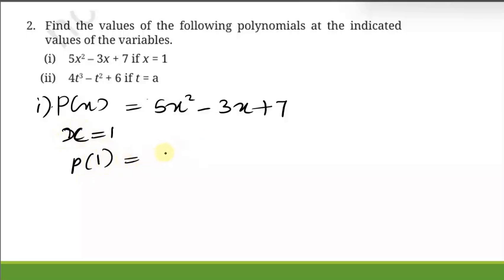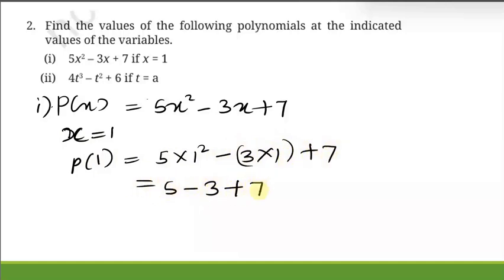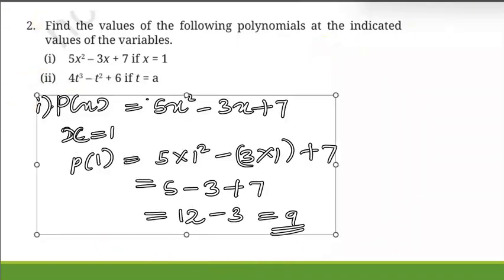P of 1 is equal to 5 into 1 square minus 3 into 1 plus 7. That is 5 minus 3 plus 7, isn't it? So 5 plus 7 is equal to 12. 12 minus 3 gives you 9. So the first value will be 9. Got the idea? Now we will do the second one. What is the value of the second? It's given that you have to find